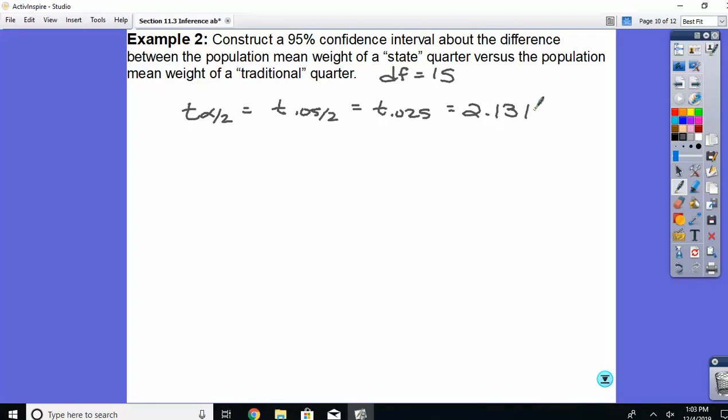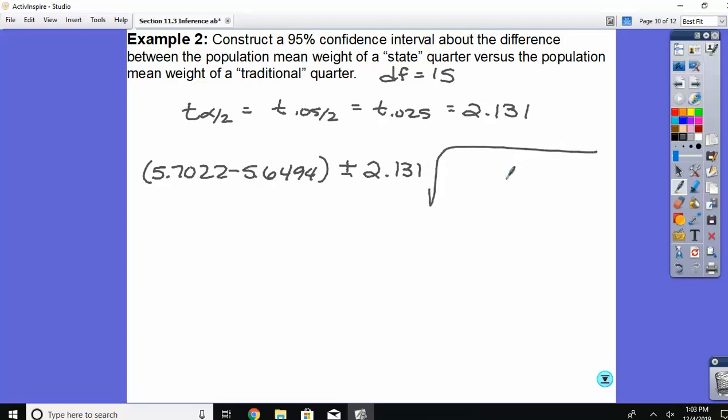Between this and the last problem, we have everything we need to plug into our formula. So it is the x bar of the first minus the second, 5.7022 minus 5.6494, plus and minus the 2.131